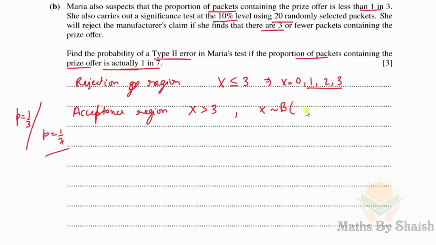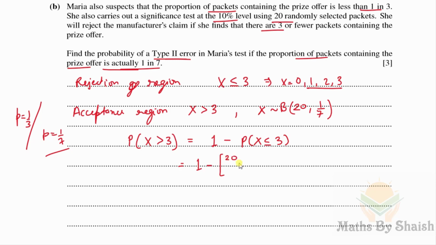So now the new probability distribution would be binomial with 20 and success probability 1 over 7. So the probability of type 2 error is going to be finding the probability of x greater than 3, which is 1 minus probability of x less than or equal to 3, and which we can calculate